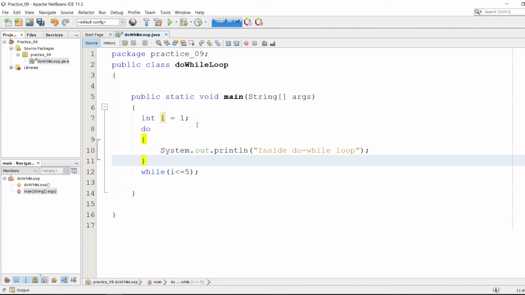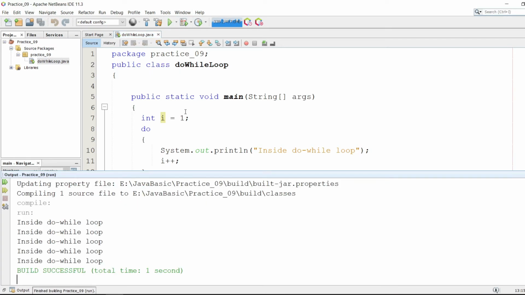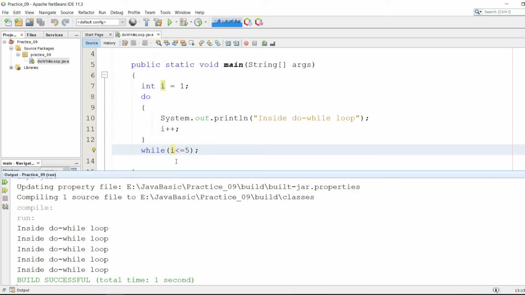In order to satisfy the condition, here we have to increment the value of i as well. So if we run this program, it's gonna give me "inside do while loop" 5 times. So let's run this program. As you can see, it's printing 5 times, as it satisfies the condition 5 times.